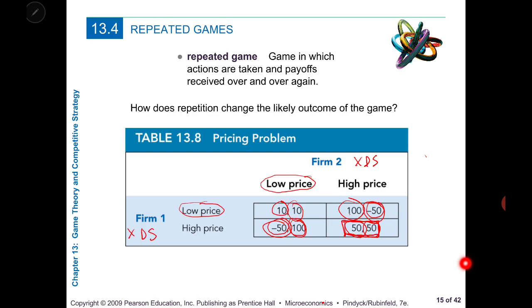But they also know that the other firm has a chance to retaliate in the next game. So therefore, they should be thinking very carefully whether they want to use this strategy of undercutting your competitor, because it's not over. It is repeated. There's a chance for another game or another period. So in that case, a stable situation will be 50-50 here, simply because they are afraid of the tit for tat retaliation.